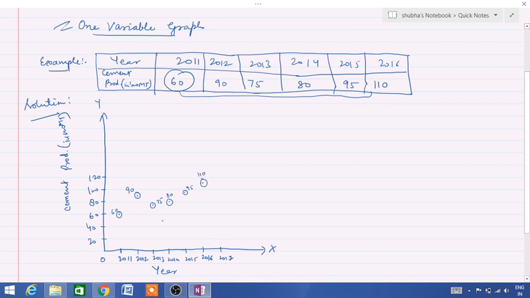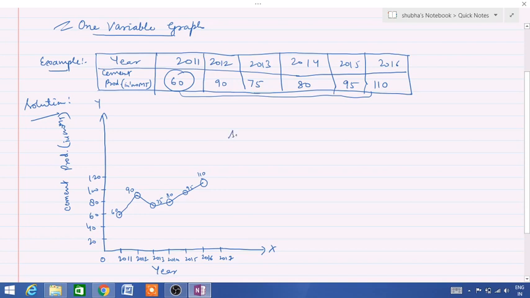It is 110. Now by using a straight line scale, mind it, we have to use a scale. We don't have to make it free-handedly, okay? We have to join all these points, and this is how our time series graph when one variable is given is completed. But one thing: in a frequency polygon and frequency curve we have to extend it and join with the base, but in a time series graph we do not have to join it anywhere else. This is the complete graph.